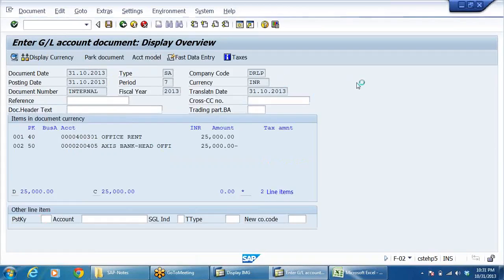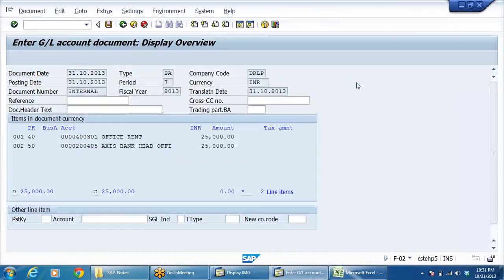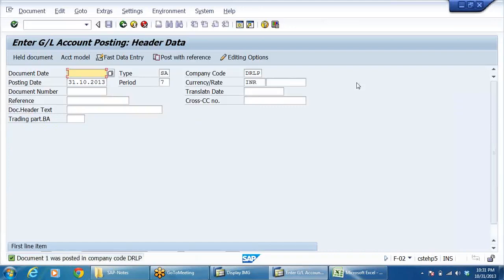See, so document 1 was posted. So here, if you want to create a new company code, once one company code is readily available, I can just copy from that company code. Right, I need not do any further settings. Just copy. Okay, in fact number ranges also will be copied, but some problem is there in the system. That's why I need to again manually do it. Right, in EHP 5 only I am getting this problem, otherwise I will not get.